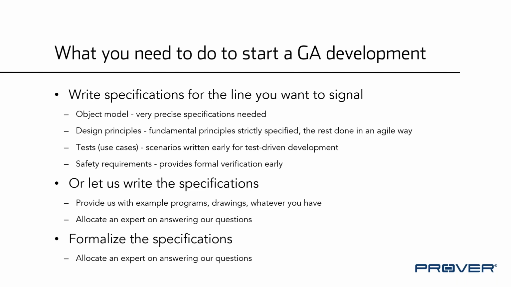Then design principles. You need some fundamental principles strictly specified, and all the details can be developed along the way in an agile way. You also write down some tests or use cases, simple scenarios written early that can guide you through development. You say simply that I want it to work like this. When I request the route, I wait for a few seconds, then the signal is